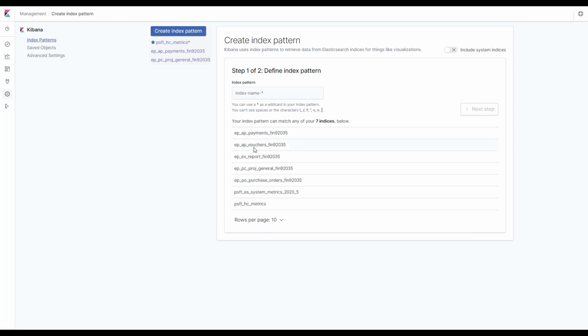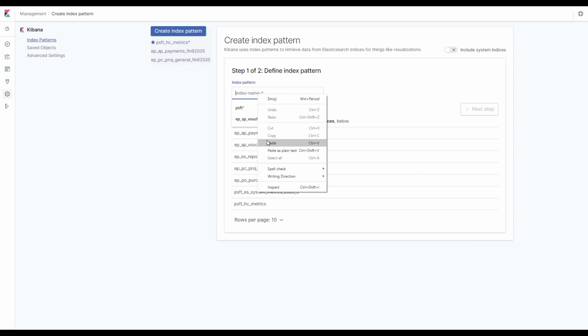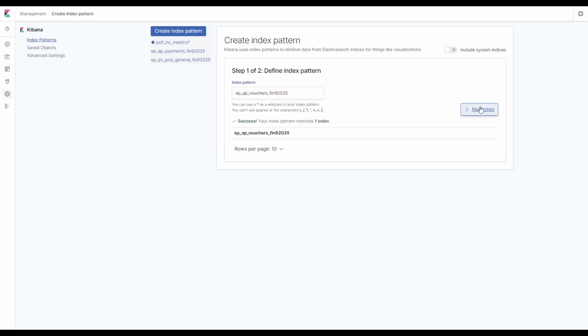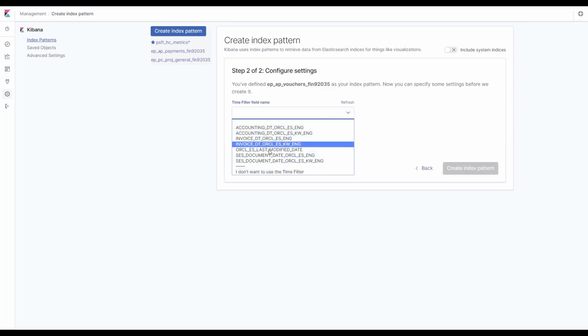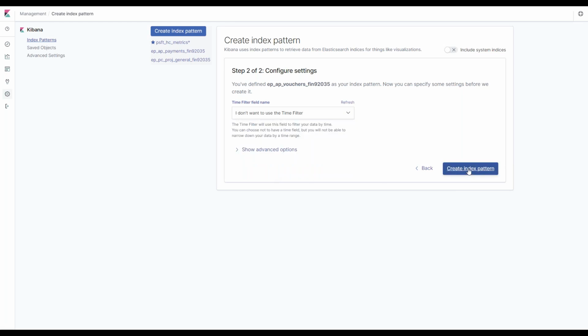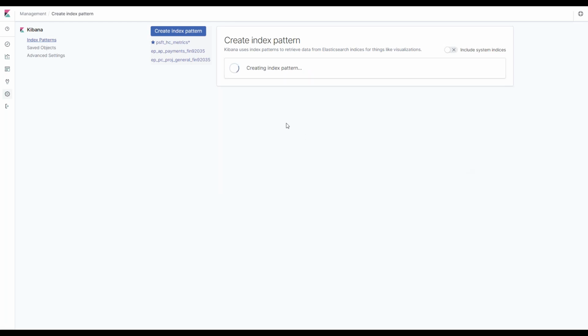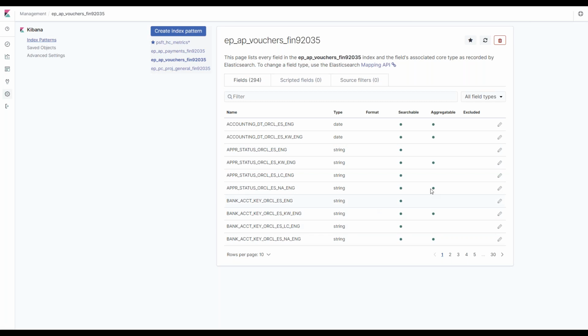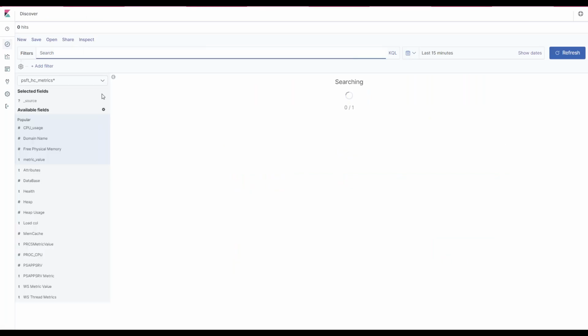And if I want to add a new data source, I would just click. Actually, I don't click, I copy and paste, I forgot. And I'm going to add that data source. I'm not going to select the time filter right now. But it's this simple to bring your data in. So now this is what will be available, and you see I have a fourth one up here. Simple as that, we now have data available.